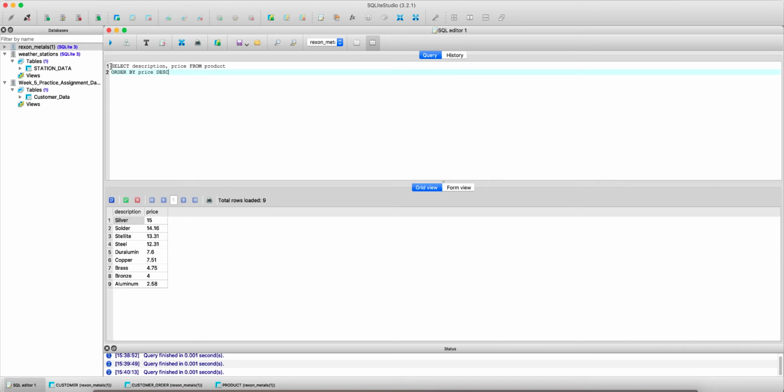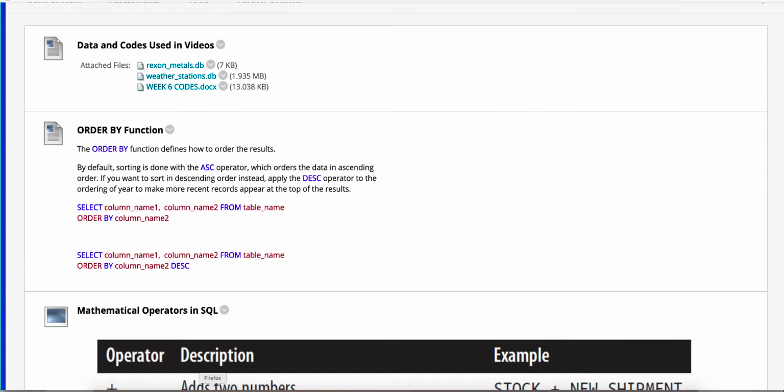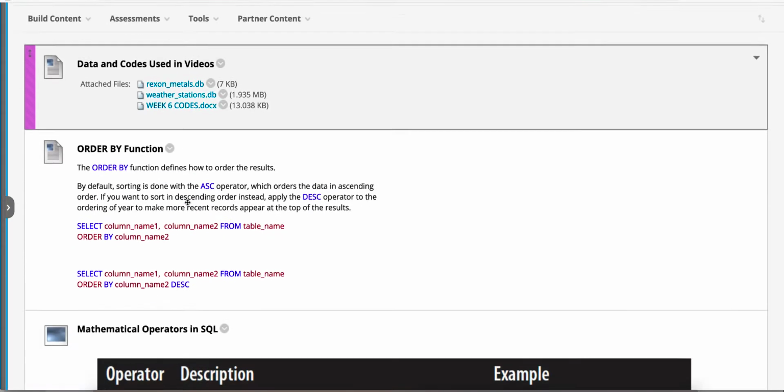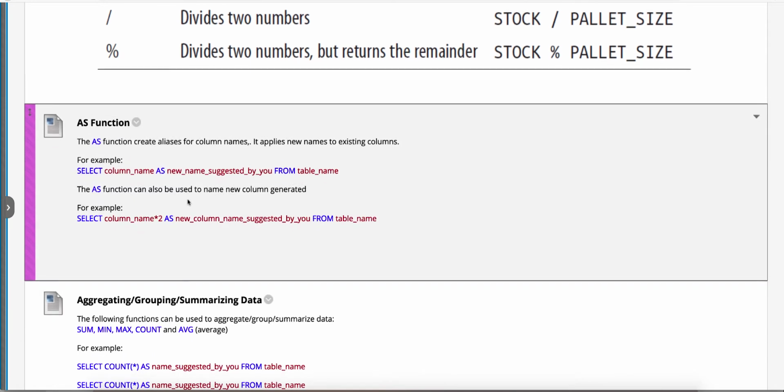Now that we know how to use the ORDER BY function, let's move on to the function AS. The AS function is used to rename or name columns. So you can rename existing columns. If you have a certain column, you can rename it something else that you prefer. This is not going to change the name in your database, but it will change the name on the table